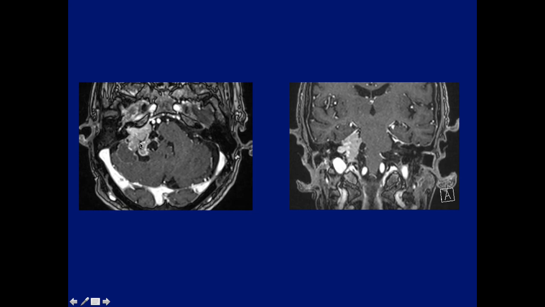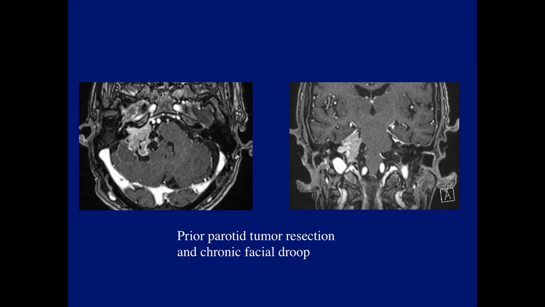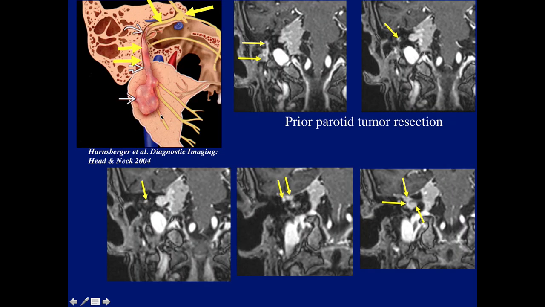Turns out that this patient had a history. It was done in another state, I think Massachusetts, several years ago. It wasn't clear at the time. He had a resection of a parotid tumor. So he had a prior tumor resection and actually a chronic facial droop. So what do we see? This diagram